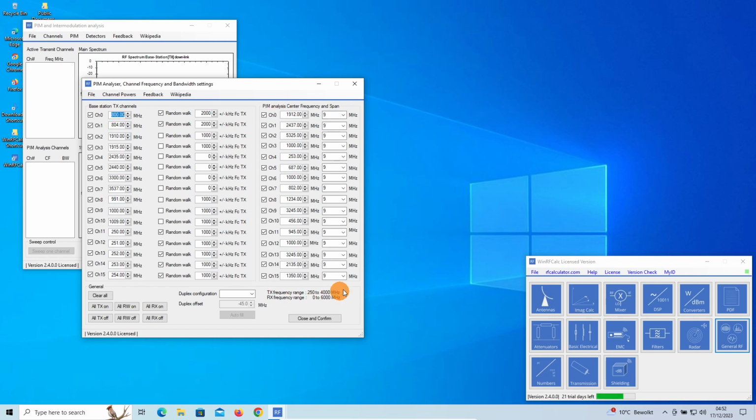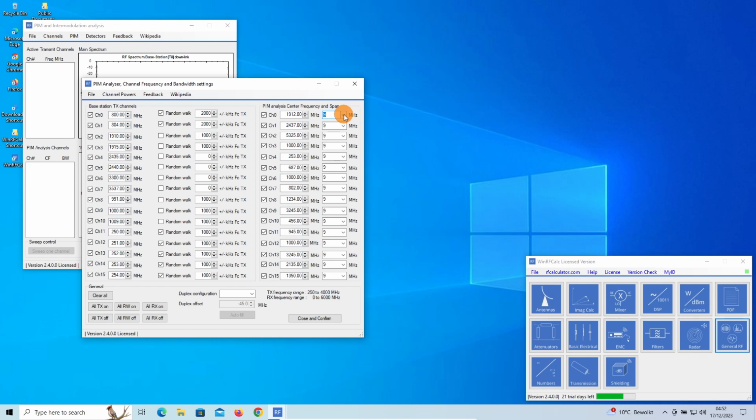Now this is the analysis section. So you want to have an insight into certain frequencies where, let's say, you receive channels of your system. What is happening, distortion-wise, in all these frequency bands? So what you can program here is to switch the channel on or off. Again, we also have 16 channels here. You can switch it on or off, define the center frequency of the channel under investigation, and select a bandwidth. So this is more or less the operational bandwidth of your system.